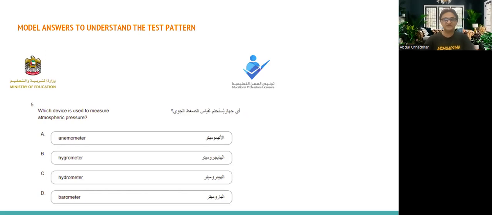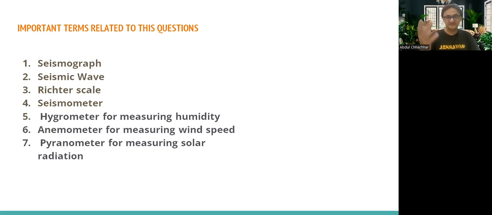Now, a sample question. This sample question will help you understand what type of information you may focus on. In this question, they are talking about devices: which device is helping to measure the atmospheric pressure. I'm sure that this is a very basic question, and that's a barometer. But what other devices may you focus on? The seismograph, seismic wave, Richter scale, seismometer,